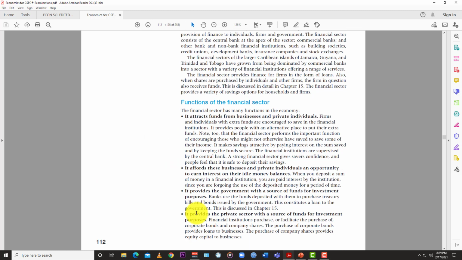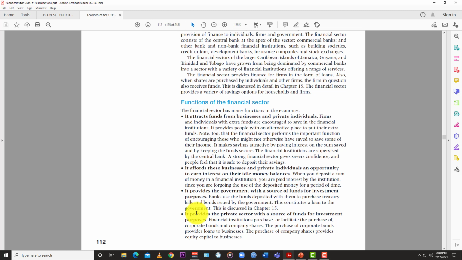Right? So what they're saying is that because you're saving your money, the bank also facilitates the money market. So it also facilitates the buying and selling of bonds and shares, which are part ownership of businesses, and it helps businesses to raise capital. And sometimes the business wants to raise some money in order to invest elsewhere. You want to build a new plant, you want to get some more capital to do something else. You can hit the money markets, hit the bond markets, sell your shares to get more money to enhance or develop your business further. And the financial system allows for that to happen.